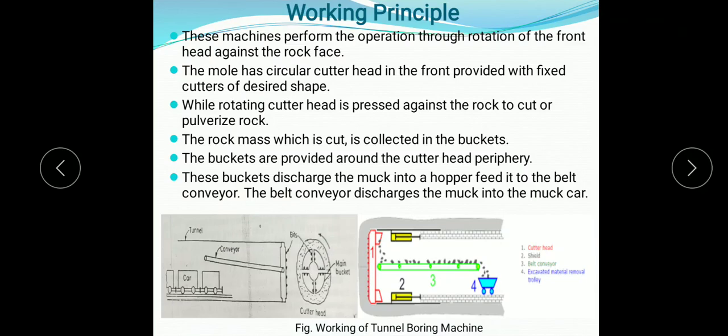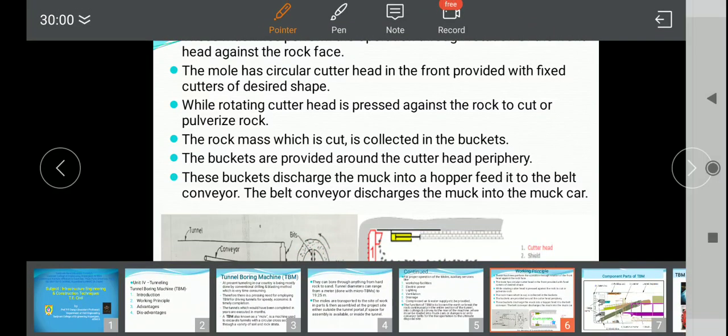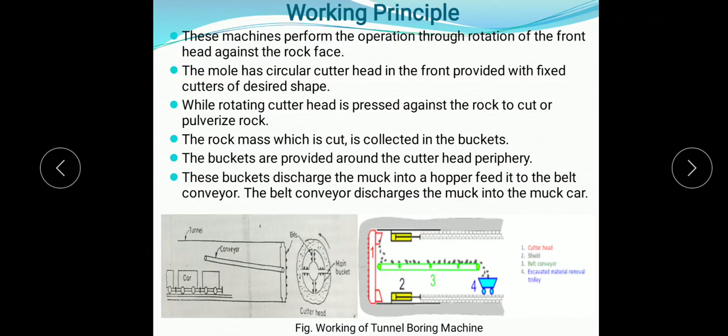This is a tunnel that we have to excavate, and this is a cutter head of the tunnel boring machine. These are the cutters or bits which are provided to the head of the tunnel boring machine.